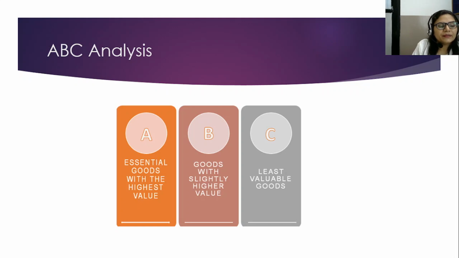When a company is better able to check its stock and maintain control over the high value goods, it helps them keep track of the value of the assets that are being held at a time. It also brings order to the reordering process and ensures that those items are in stock to meet the demands. The items that fall under the C category are those that are slow moving and need not be reordered with the same frequency as item A or item B.